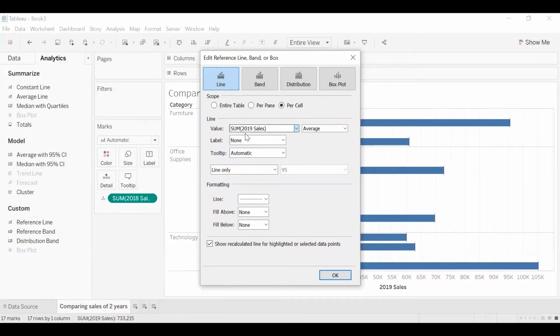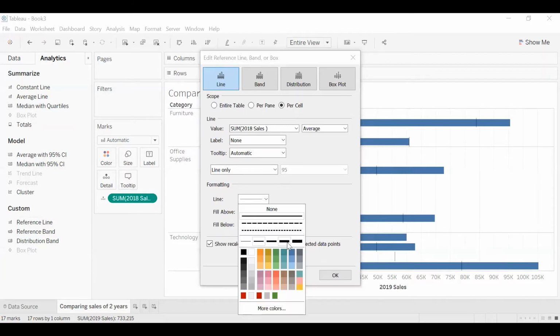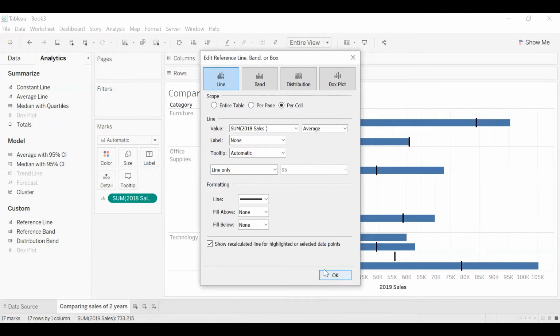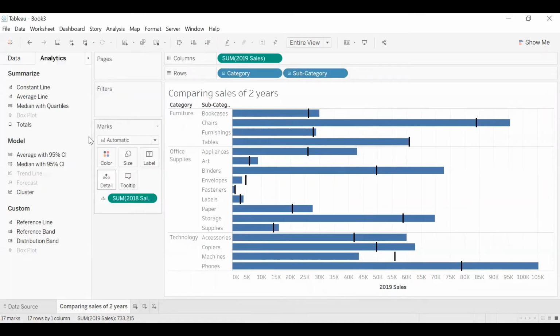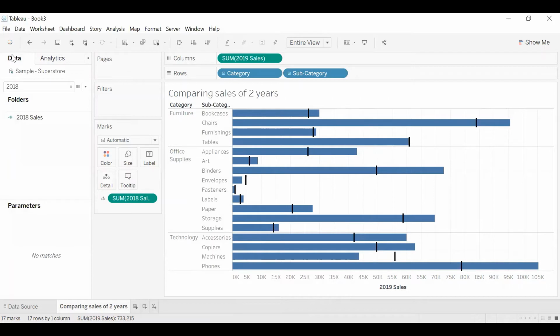So I'm going to change here to sum of 2018 sales, and everything remains automatic. Let the tooltip be also automatic. We are going to custom create the tooltip later, and I'm just formatting it so that it's more visible. And yep, so you can see it's there. So yeah, okay. Now, so we are done with plotting the 2018 sales data, plotting the 2019 sales data. We've also put in